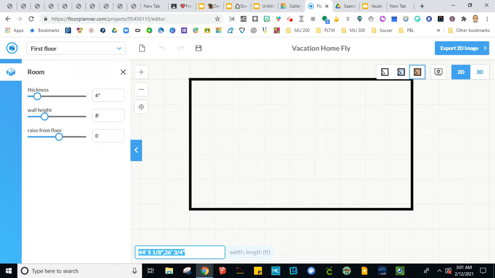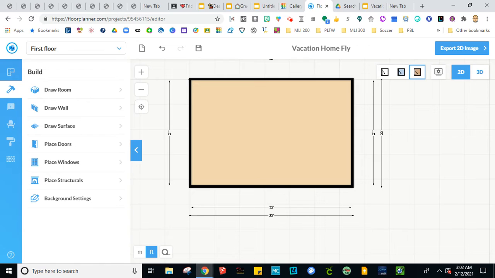As you see here down at the bottom, I kind of have how it can lay out and I can type it. We do have to, because the room, when I type in the amount, wants to do inside walls. So instead of 33 by 22, I'm going to do 32 feet by 21 feet. And there you go. Now you see that the outside wall is 33 and the outside wall is 22, which